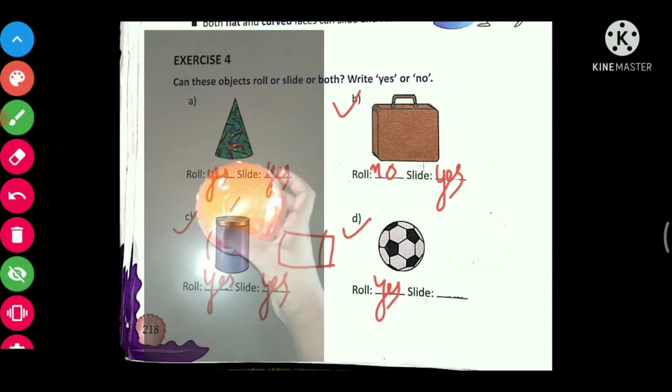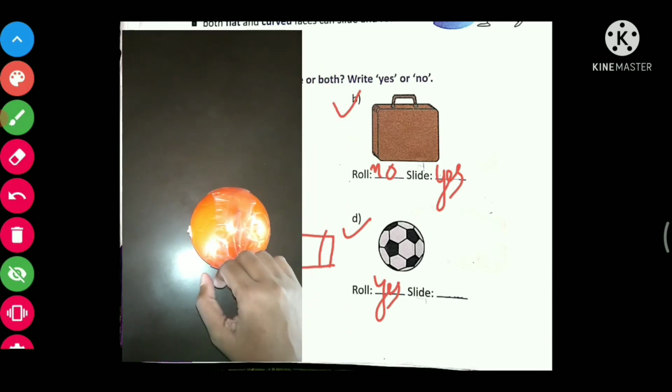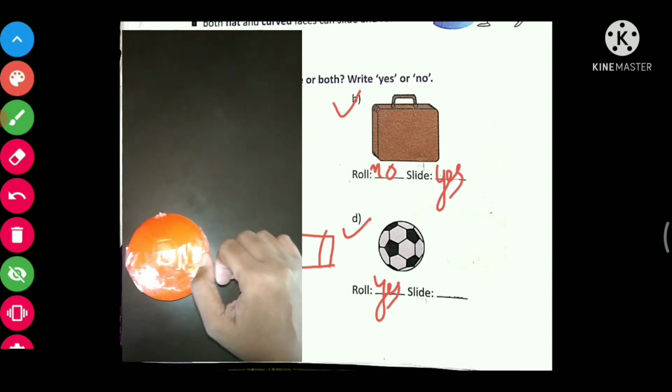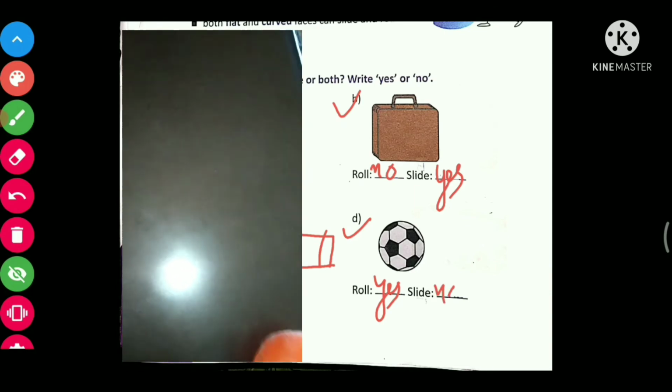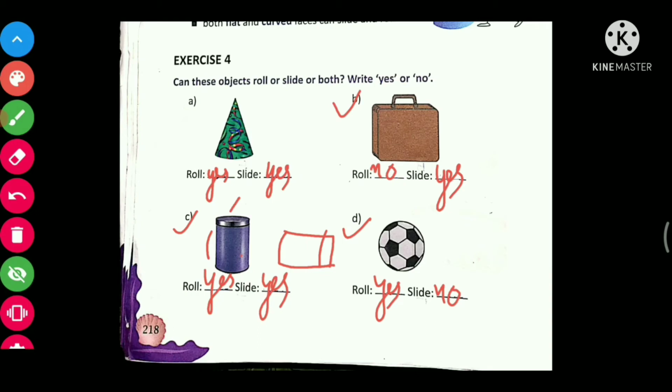As we know, a football doesn't have any flat face, so it will not slide. Okay, so I hope that you have understood about the rolling and sliding of an object. If an object has a flat face, then that object will slide, and if an object has a curved face, then that object will roll.